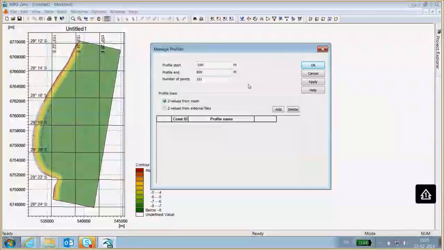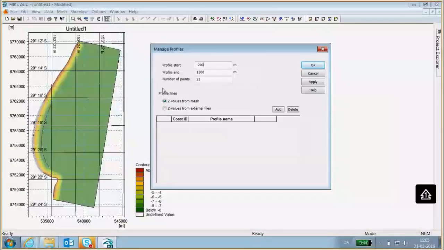Now the start of the profile, that is on the onshore. So negative values, that is onshore of the mean sea level, and positive values, so the end of the profile, that is in the offshore end. That's out at the depth of closure or beyond the depth of closure. And you can see in the present case, I think this 800 meters for the offshore position is a little bit on the low side, so I'll change that to 1300, and then I don't need 100 points. I'm just going to use 31 points. That will give me a resolution of 50 meters, which should be okay.